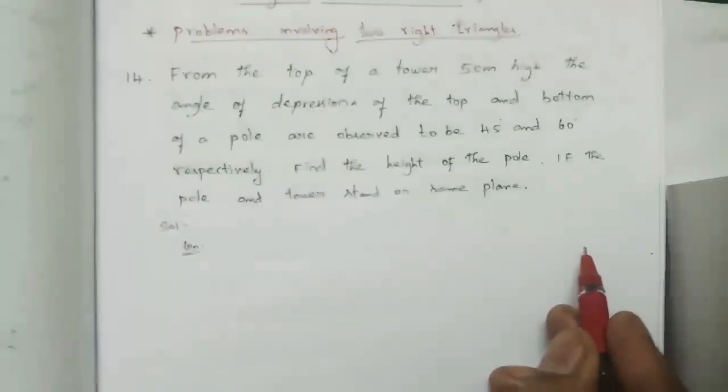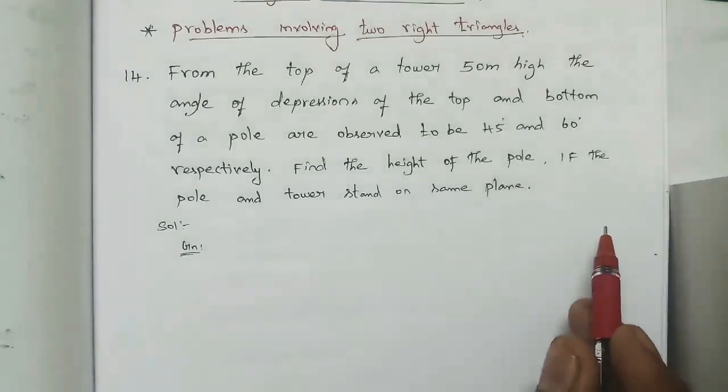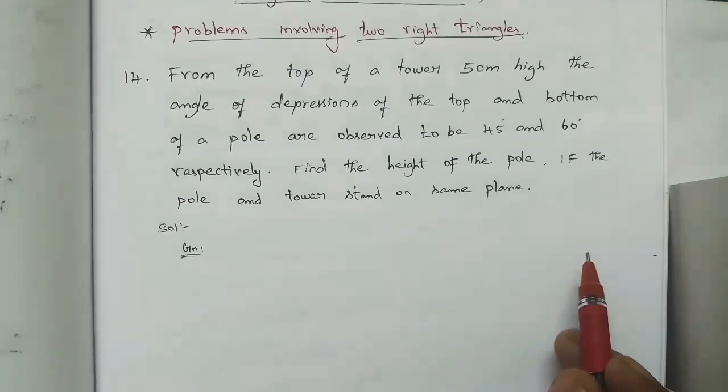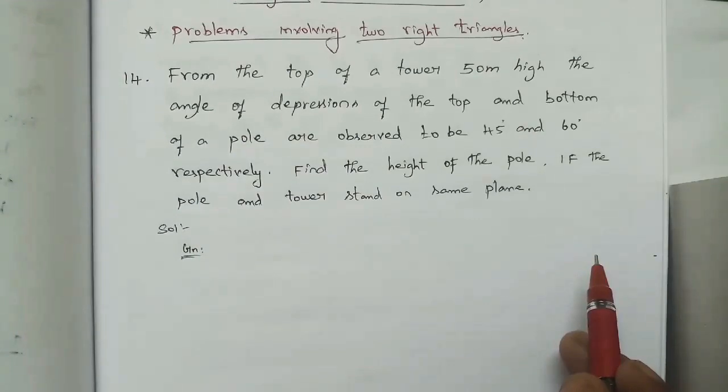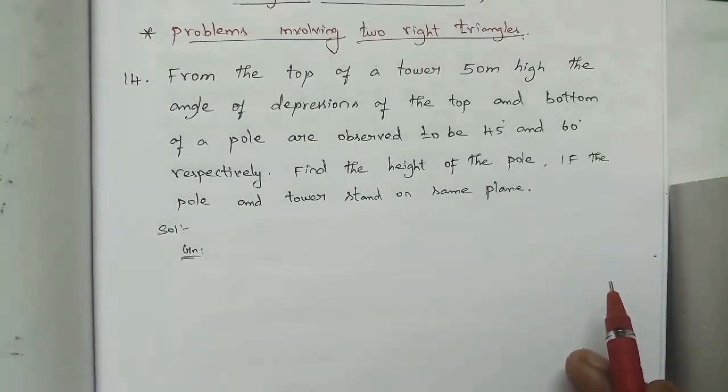So we have two right triangles. By reading the question, we draw the diagram and get two right triangles. For each triangle, we will get one equation, so for two right angle triangles, we will get two equations. With the same methodology, we will use the substitution method. In this trigonometry chapter, we don't go with the elimination method; we will always go with the substitution method. By using it, we find the value of x and y.